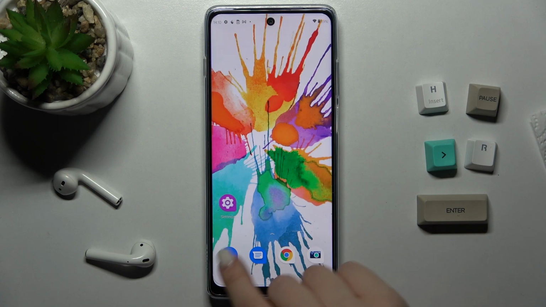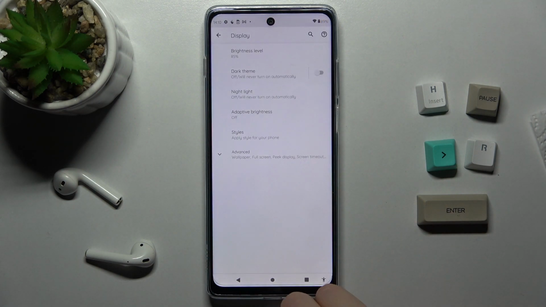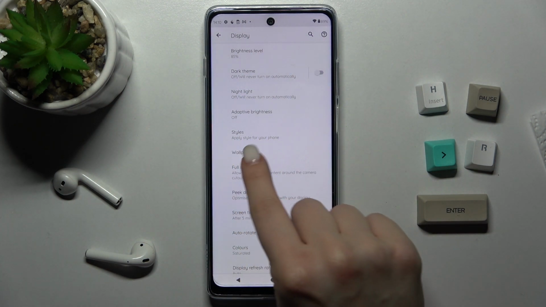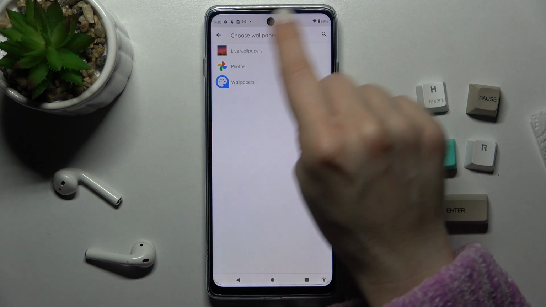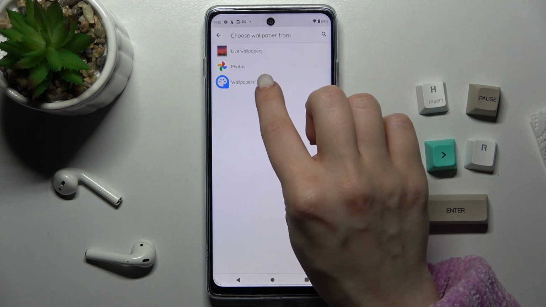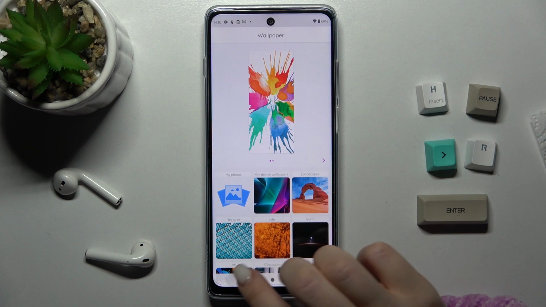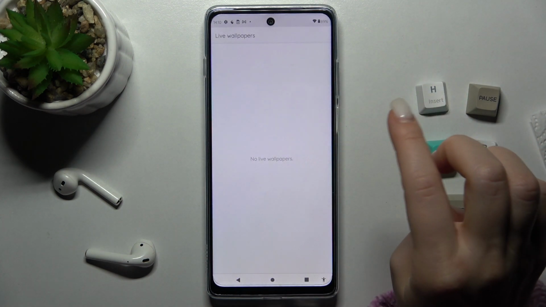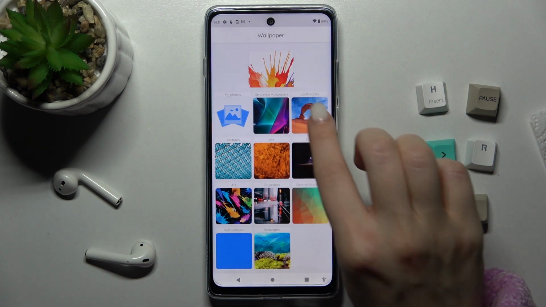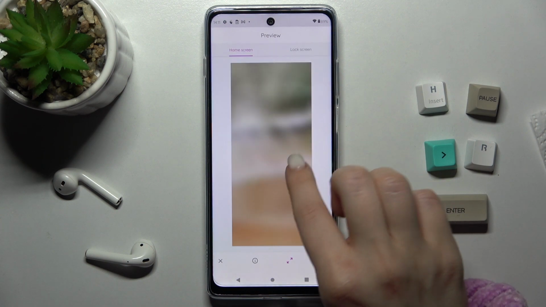And the second way is to go to the settings, and here go to the wallpaper and display section. Tap the advanced section and go to the wallpapers, and as you can see, here we also have our folders, the live wallpapers and the default wallpapers. For example, now we'll go with the live wallpapers. Okay, so we'll go with this one, and by the same way we'll just select the